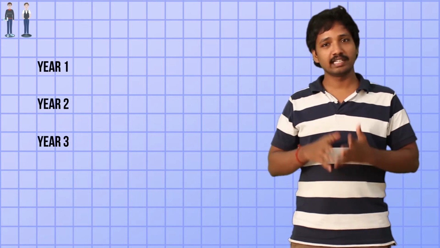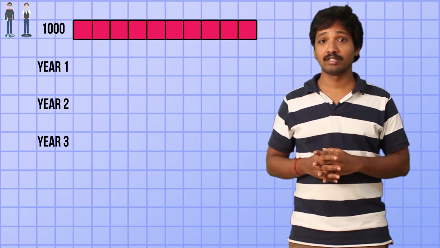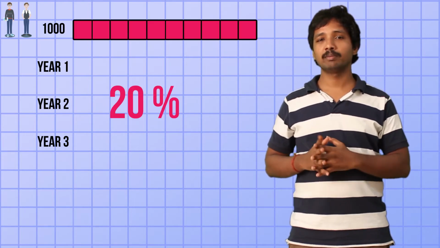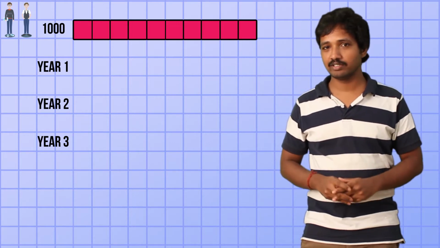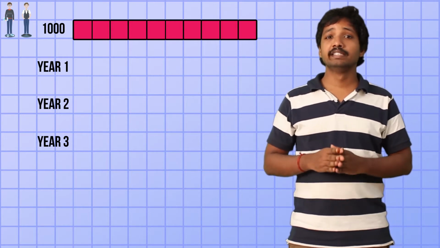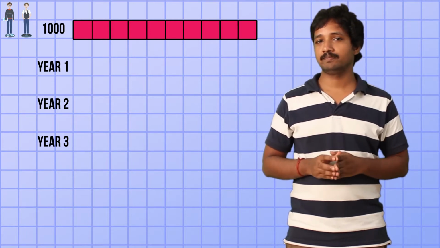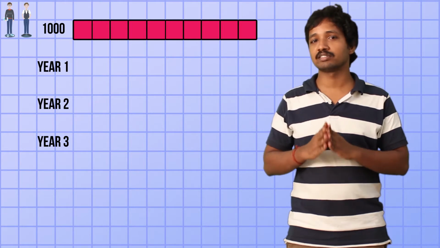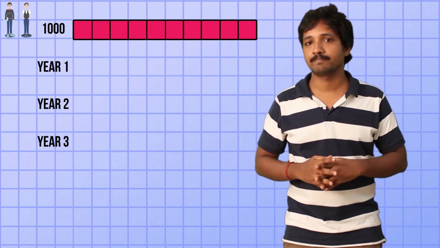Now Rajiv has decided to lend money to Santosh only in compound interest. The years are the same, 3 years, and the amount is also the same, 1000 rupees, and the interest rate is also the same, 20%. So here what we need to find is, at the end of 3 years, how much amount Santosh needs to pay to Rajiv if the interest rate is 20% per annum and it is compounding annually. The principal amount is 1000, interest is 20% compounding per annum and the period is 3 years.